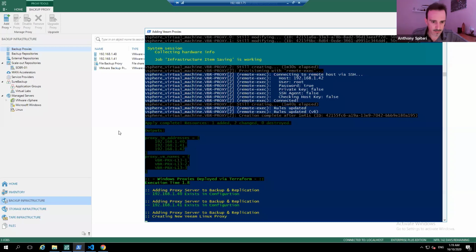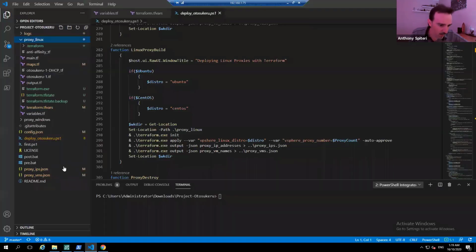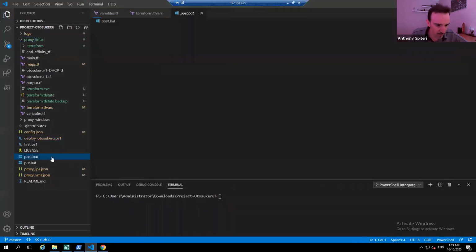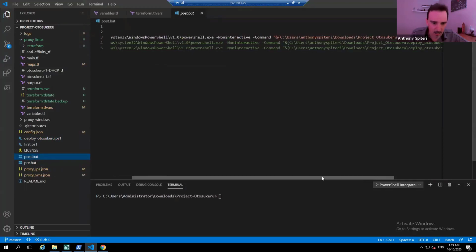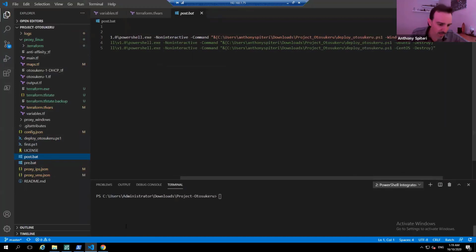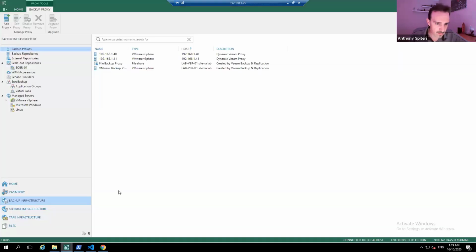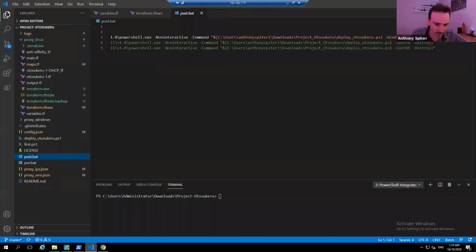All right, here we go. It's going to be beautiful timing. So while that finishes and while it adds, what I've actually got here is a couple of batch scripts, right? Again, very, very old school, but effectively these 2 batch scripts here can be used. And what they're doing, they're actually calling the PowerShell, okay? They're calling the PowerShell with a certain command. And these are going to be used in the Veeam backup job. So let's just wait for that proxy to add.